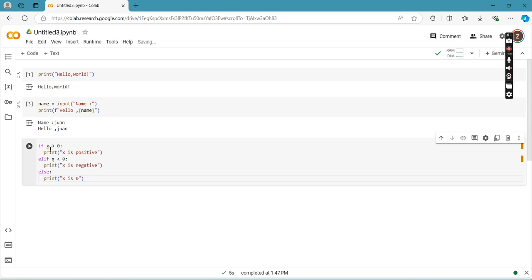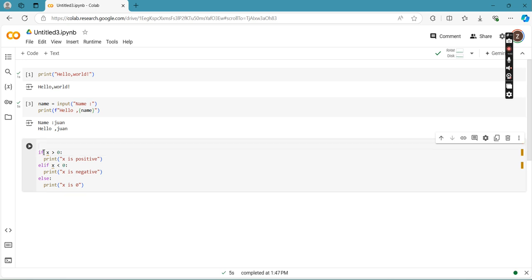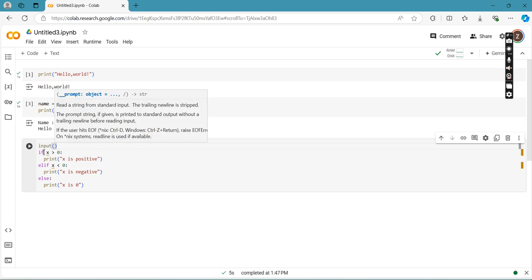Now, x is not defined, so using our previously learned functions, we're going to use the input function. So we're going to ask the user to input a number. Okay.